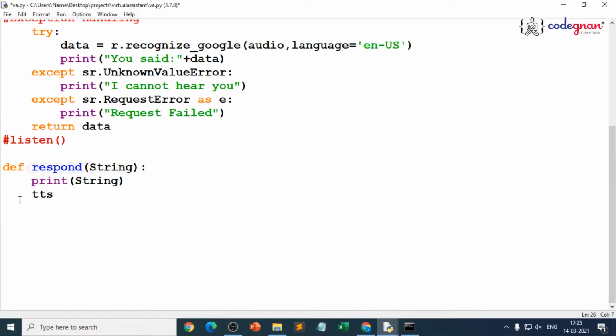So I give text to speech is equal to, the same as we did in the beginning, gTTS, Google text to speech, of, and we write the text over there, right? In the previous case I had given the text directly, but now my text will come from the function call, because here it should respond accordingly. I should not write it over there, right?